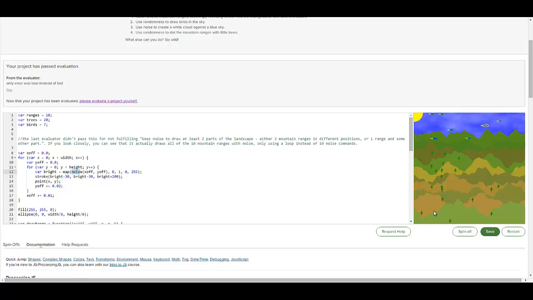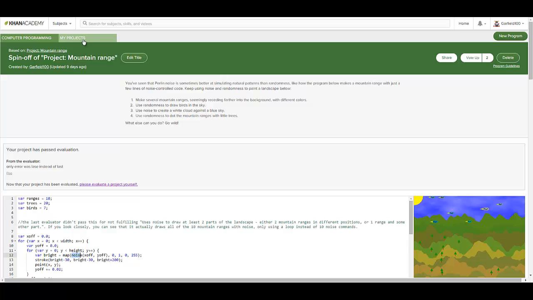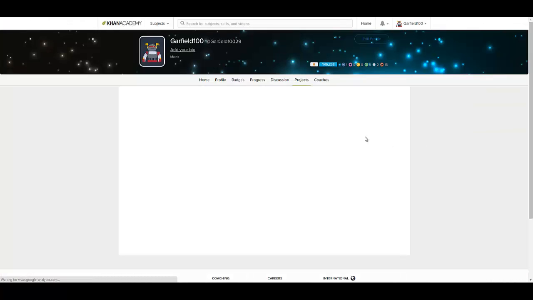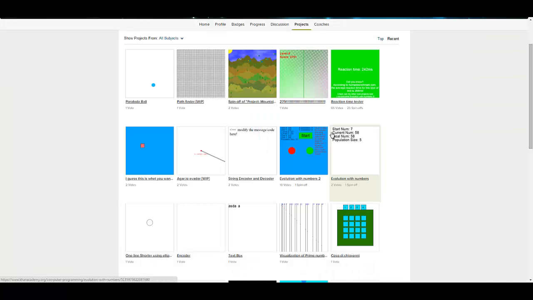It's a random that looks back at what it had before and kind of makes it like a wave. Just look at the mountain ranges. So it's not just completely random, it kind of groups stuff together. It's hard to explain.